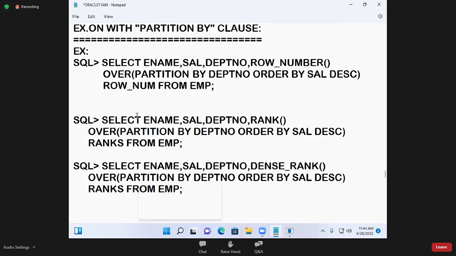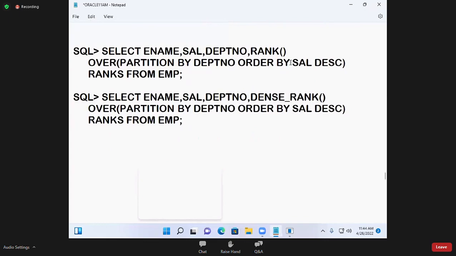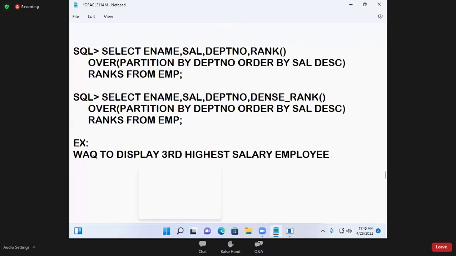Okay, right. So by using these analytical functions, let me see how I want to use these functions in my queries. Let me see some query examples. First example, write down: write a query to display the third highest salary employee from each department number wise,